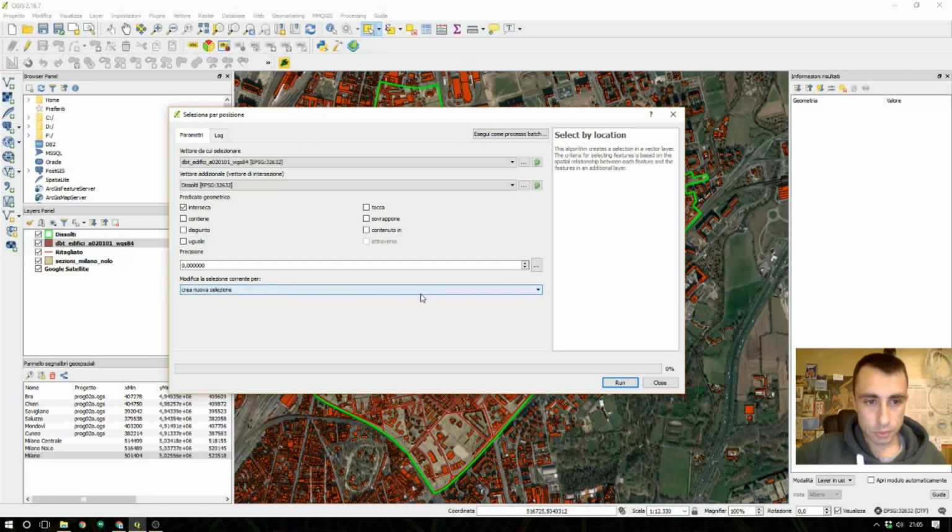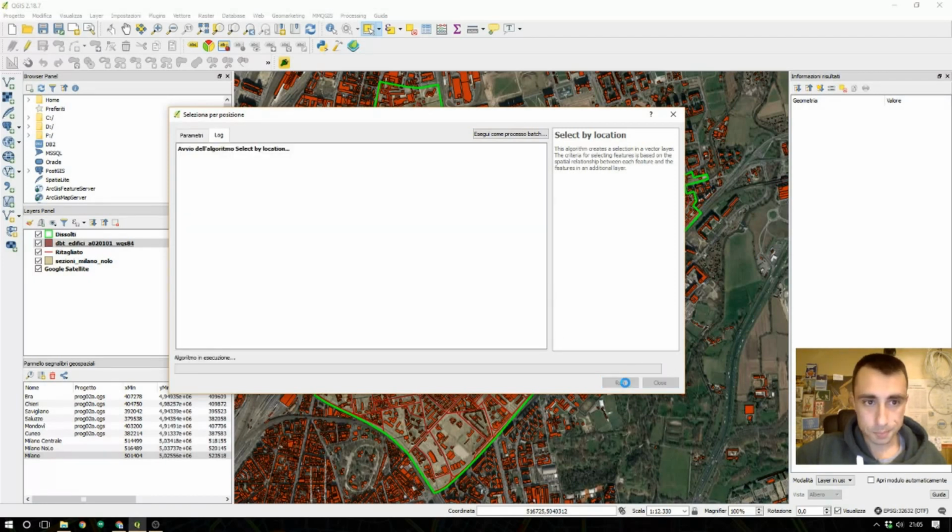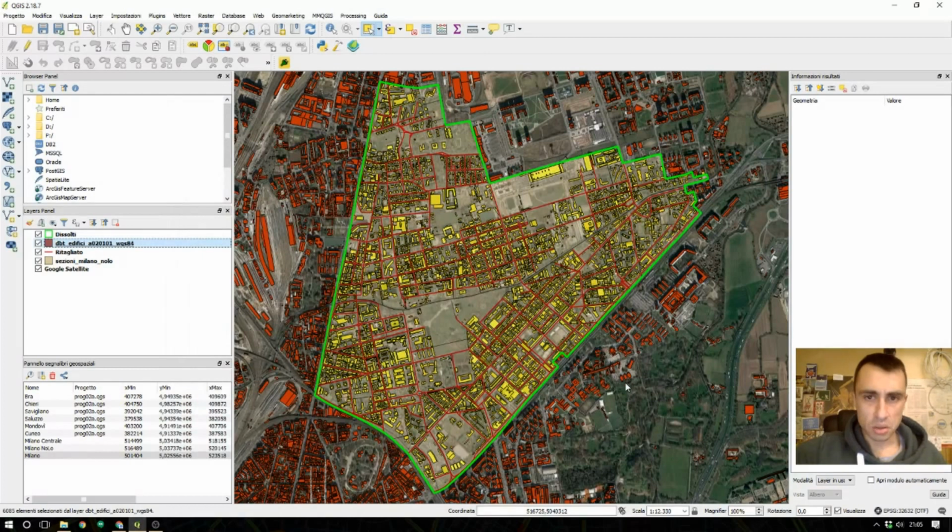We can increase accuracy when making a new selection, and click run. The selection may take a while. No, it was fast and all the buildings that fall in this area have been selected.